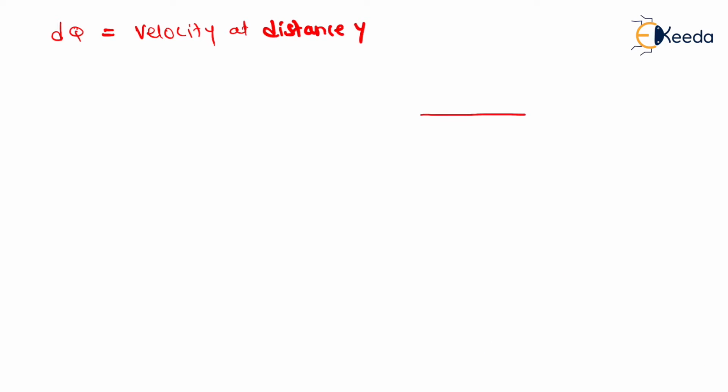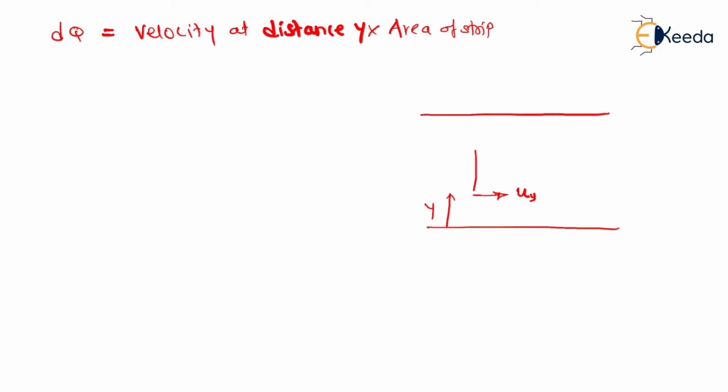Say for example these are the plates, so at distance y whatever will be the velocity, we will call it u_y. So that velocity multiplied by the area of the strip. We have considered this element ABCD,